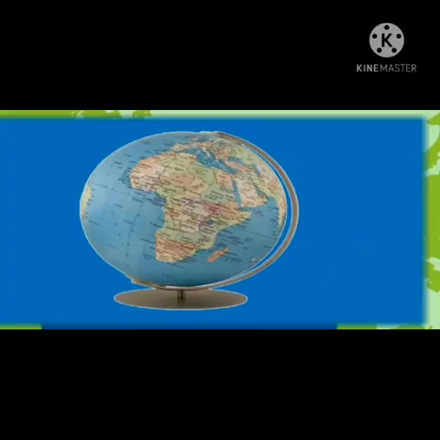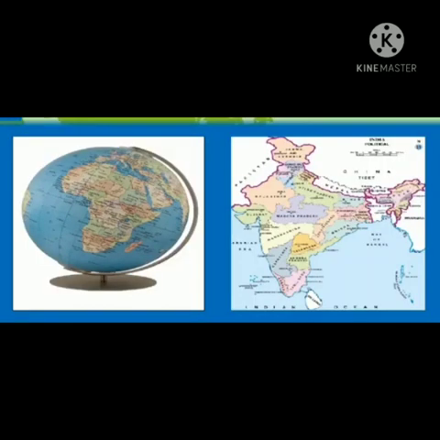Globe. As we all know, globe is a model of the earth. It gives you exact layout of the planet. And maps. Maps became useful for this purpose. They can show the entire earth or any part of it, unlike a globe, and can show small areas with detailed information, for example, city map or political maps.